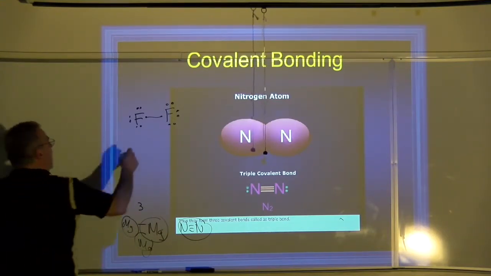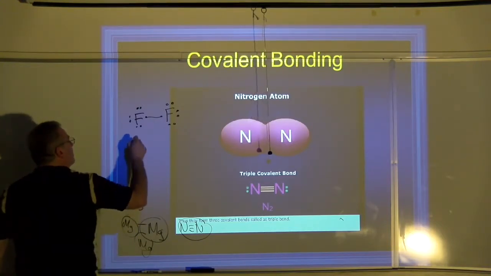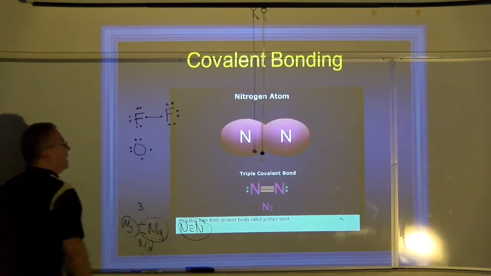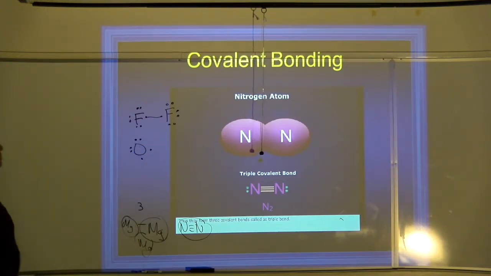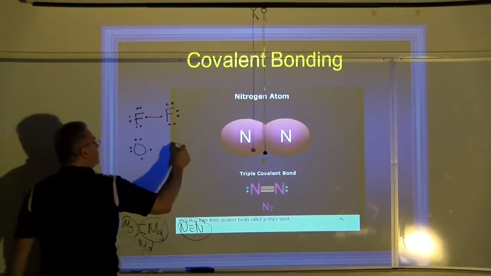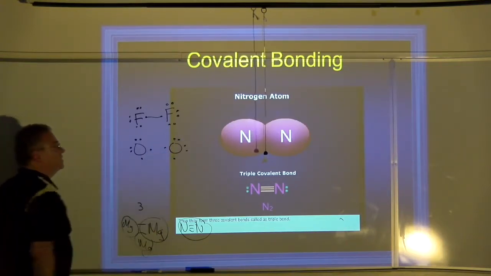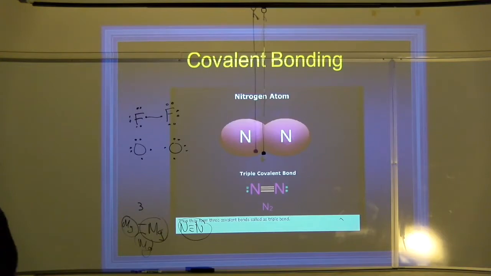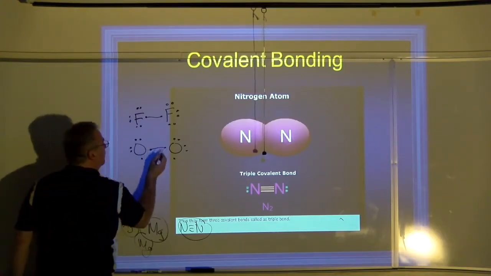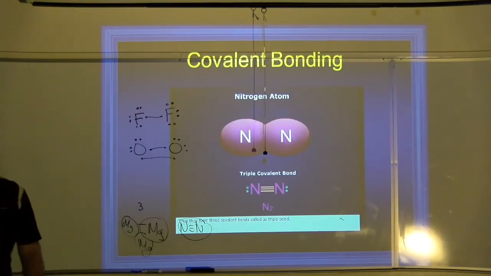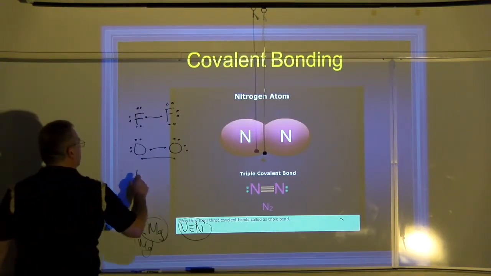Right? In the scenario of the oxygen, remember that oxygen had 6 electrons with 2 bonding electrons, like so. And this, again, is allowable on the Regents. You make the bonding electrons face each other, and then say, okay, if I draw a line here, they're sharing those 2, and now I share those 2, and I have a double bond between the oxygens. And then in the case of the nitrogen, like in the image,